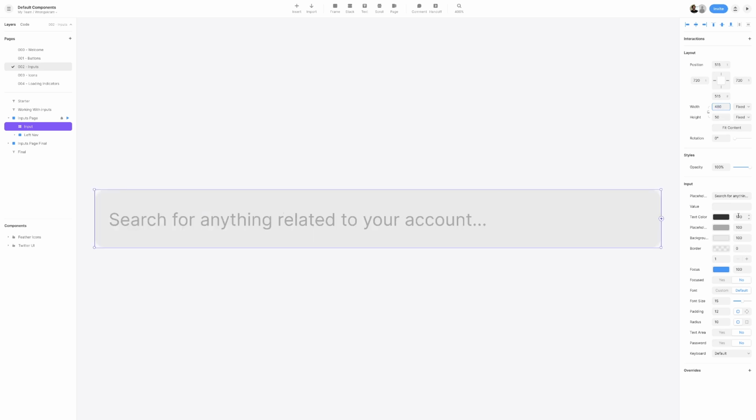We can also adjust the value, and I'll just type in hello here, and it will show the current value that it has, which in our case, we want to leave as empty, so we'll go ahead and erase the value of hello. I'll then select the text color and set it to the black shared color, then selecting the placeholder color,